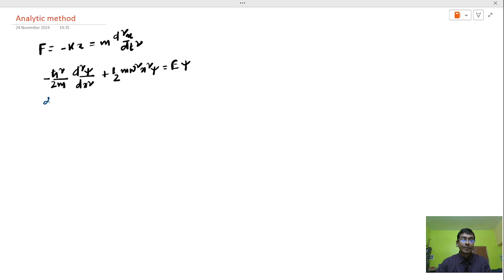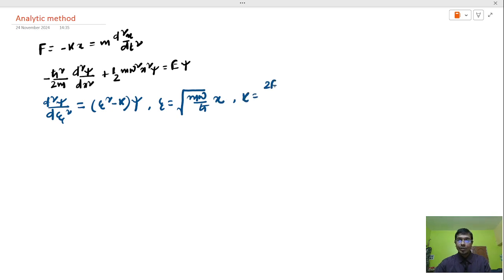d2psi/dxi2 equals xi squared minus k times psi, where xi equals root over m omega by h cross times x, and k is 2E by h cross omega, and its general solution becomes psi of xi equals Hn of xi times e to the power minus xi squared by 2,